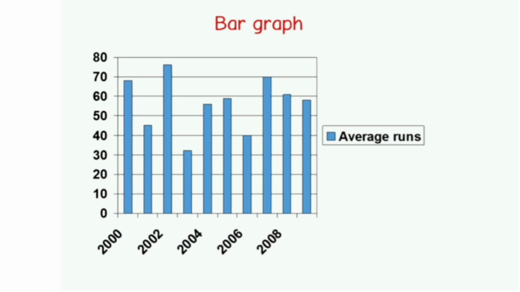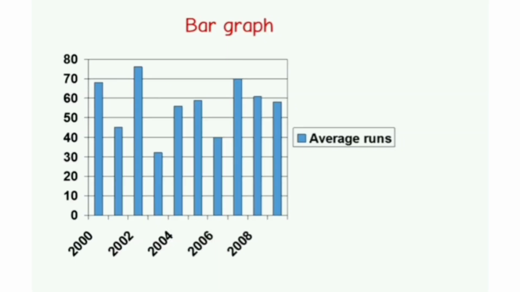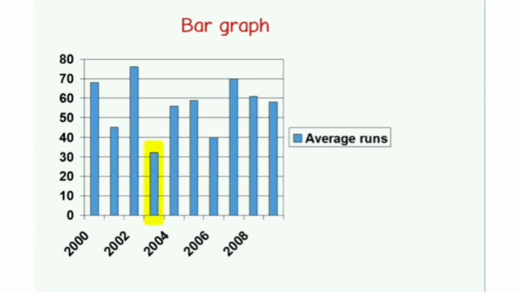Do you think it's easy to analyze information presented like this? Yes, you can quickly say at a glance in which year the batsman had the best performance and in which year his performance was poor. You do not have to search through a table and look for the highest and lowest values. So, you can already see how bars make information simple for us. So, in which year was the performance of the batsman the best? It was in 2002. And when was it the worst? In the next year, 2003.